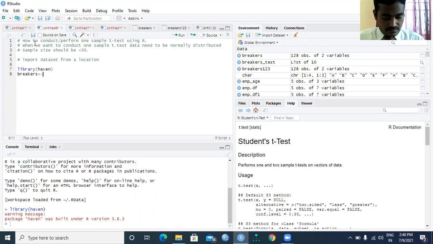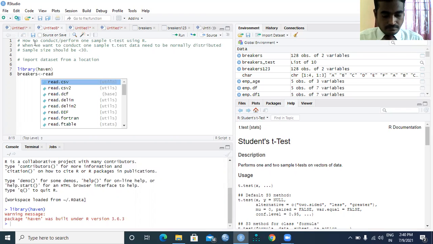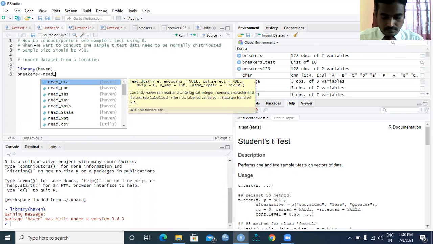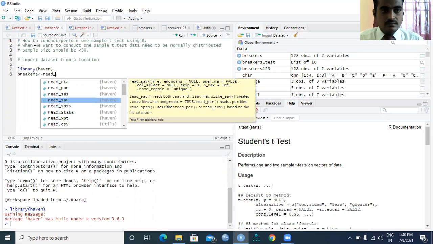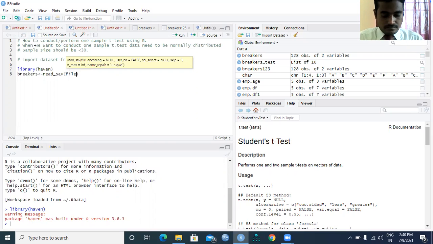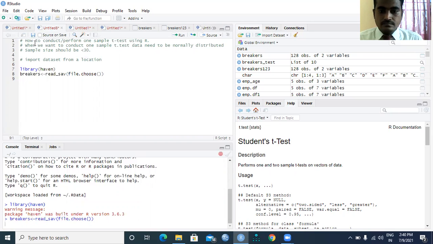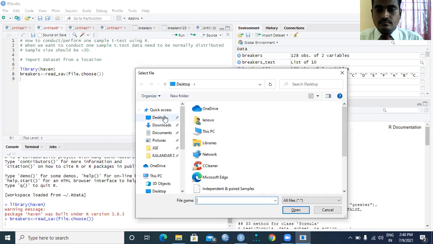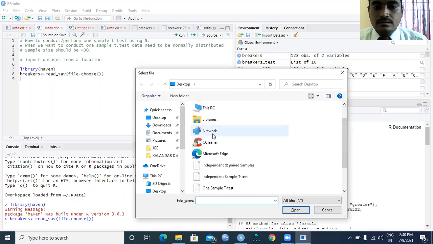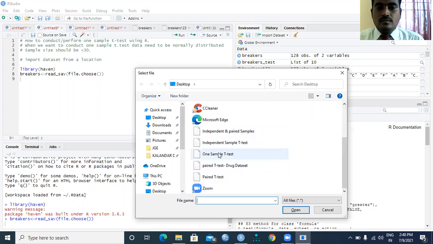In the breakers, read underscore dot SAV file, SPSS file dot choose. So, one sample t-test.